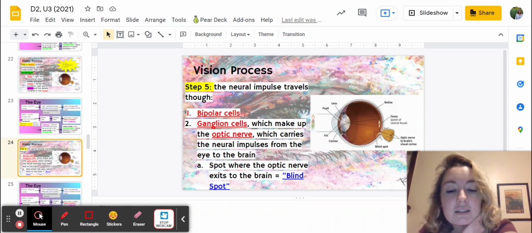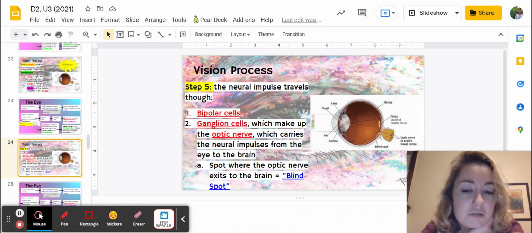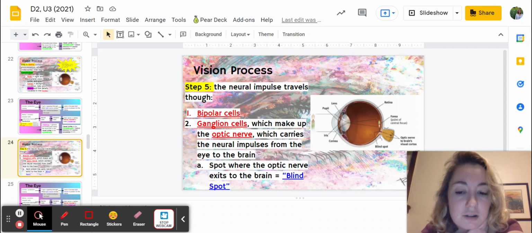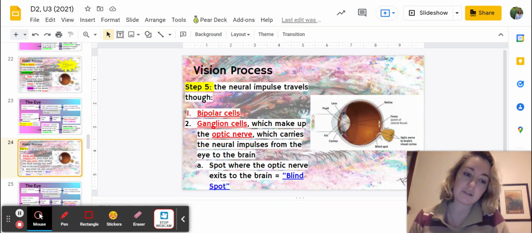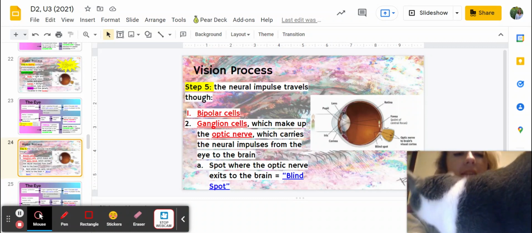But then there's the ganglion cells. And these are important cells to note because they make up the optic nerve. And the optic nerve is kind of what takes the neural impulse now from,